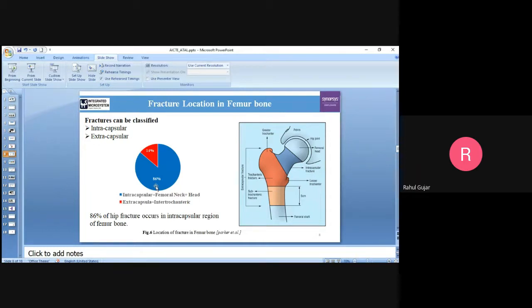It's a very big percentage of the failures or fractures occurring in the femoral neck head region only, compared to the other regions. The rest of the region has 14% of fractures, and therefore I thought to concentrate on this area only for study.